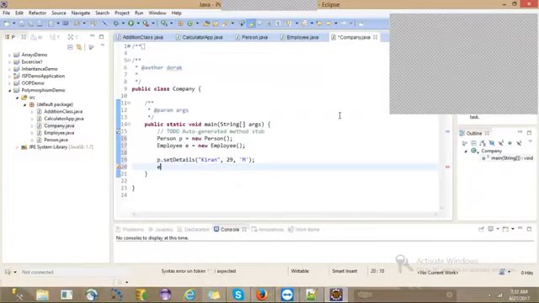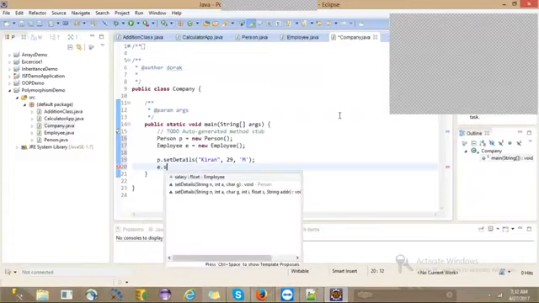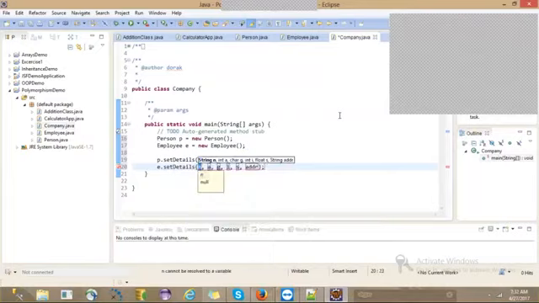E dot set details: name Kalyani, 25, F, ID 1001, salary 2000, address Bangalore.